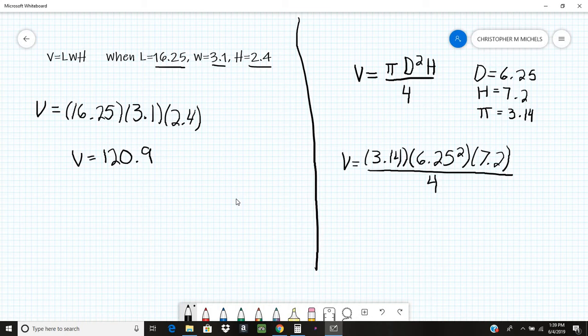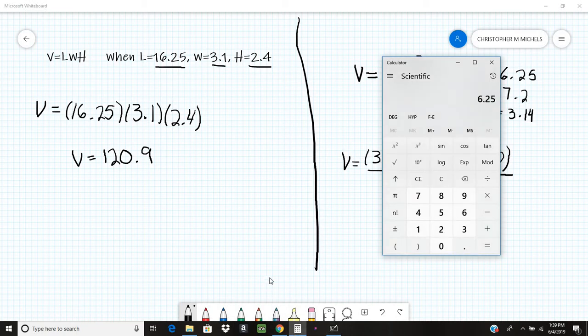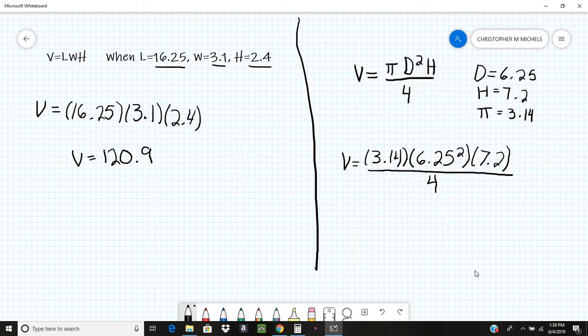You can kind of ignore the V. You just break it down in the correct order. So with this one, we have all this stuff on top. So you've got to break all this stuff down on top first before you can divide by 4 at the end. So we do the 6.25 squared first. 6.25, let's square that. 39.0625 sounds right. Let's write 39.0625, and then we have